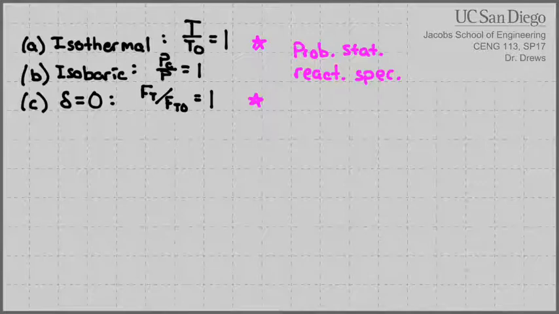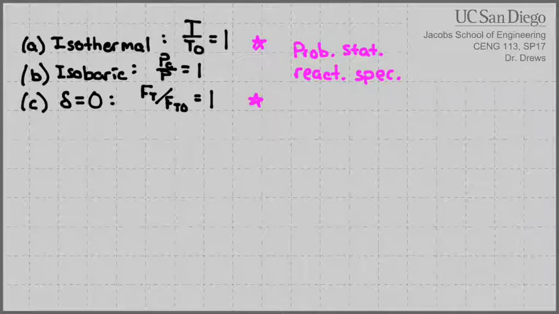Whatever reactions you assume are proceeding inside your reactor, that's going to dictate whether or not delta is equal to 0. Whether or not the reactor is isothermal depends on how the reactor was designed, if you're actually out working on it. Or if I just tell you the reactor is isothermal, then you can get specification A. It's specification B that is a little bit trickier, because when we start dealing with flow systems, sometimes